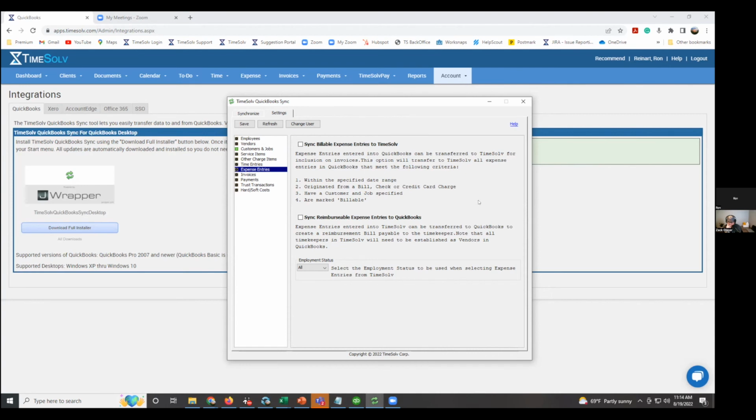So it does run in both directions. And that one runs in the opposite direction. Okay. Which allows me to use TimeSolv and QuickBooks in tandem, as opposed to saying, you know what, I'm going to do all my accounting in TimeSolv. Well, that's not necessarily what we want to do. Right. So I get to use QuickBooks for what I want to use QuickBooks for appropriately, paying those bills and cutting those checks and things. But then I'm using TimeSolv for the things that it's really, really specific for,